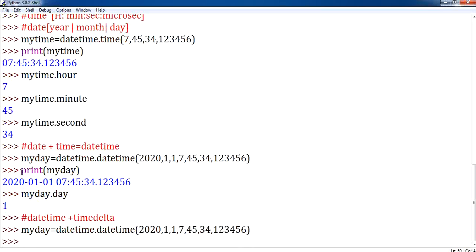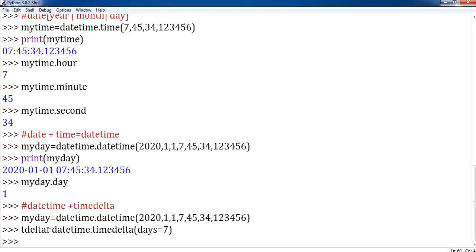You can notice that it is initialized with date and time. Now let me initialize t delta, assign datetime dot timedelta, and here I am going to initialize the number of days as 7 days.